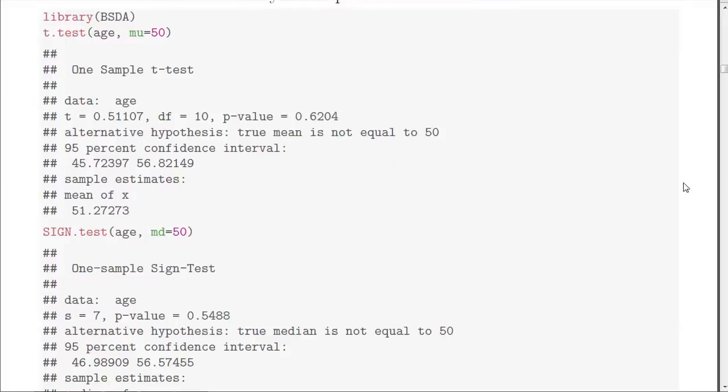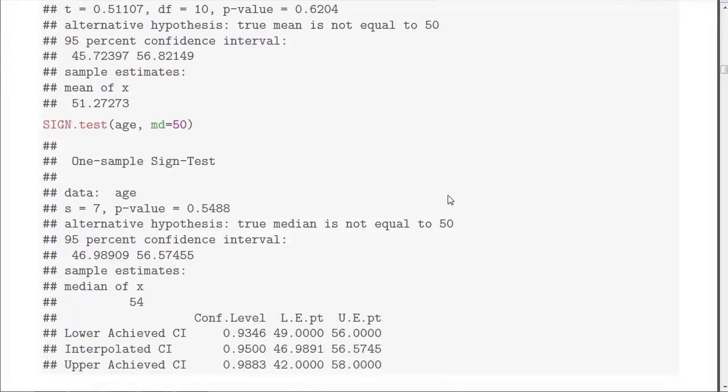and I'm running the t-test as a comparison. So here's the t-test of the age values with the mean equal to 50. This has a p-value of 0.64. So it's sort of consistent with the mean. You can see the confidence interval goes from 45 to 56. It's a little bit over a 10-year range. It's an 11-year range. And here is the test for the median